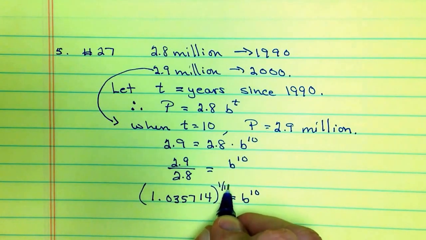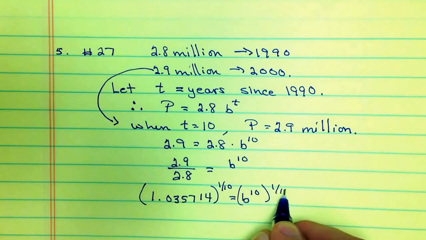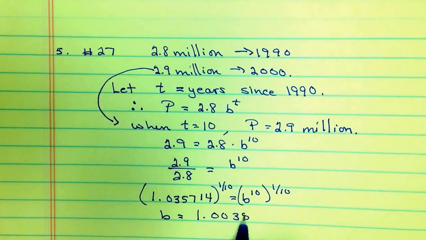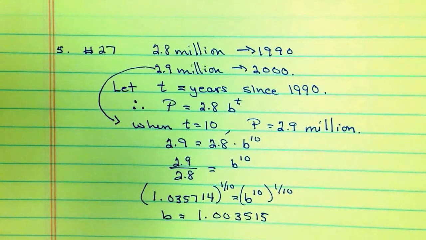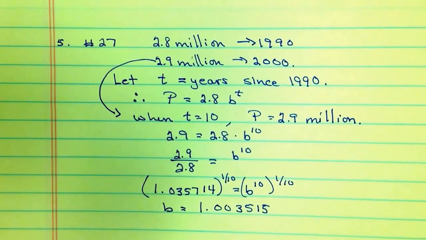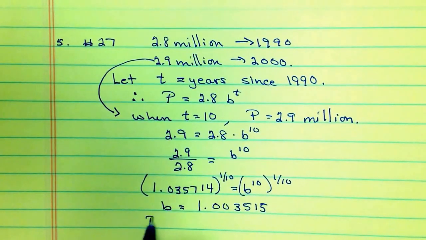Now you apply the 1 over 10th power to each side, and we're left with b equals 1.003515. All right, so we have our equation. P equals 2.8 times 1.0